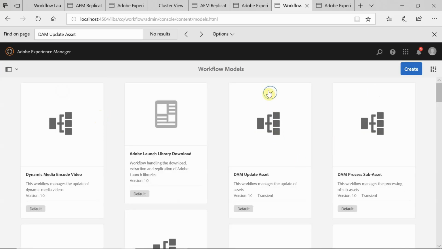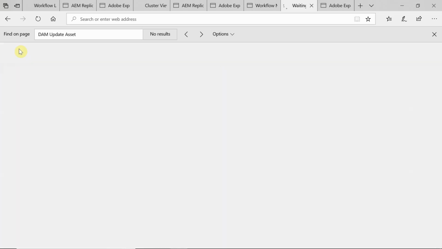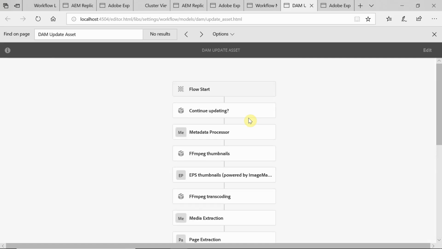Select this DAM update asset and click on edit.